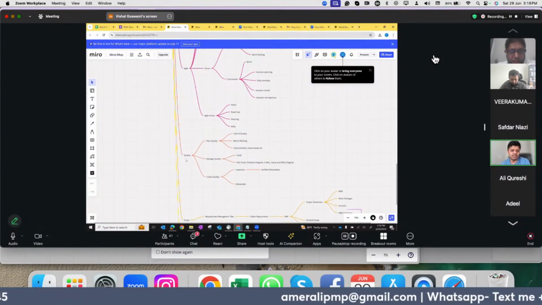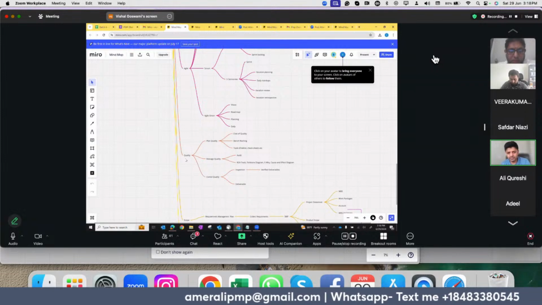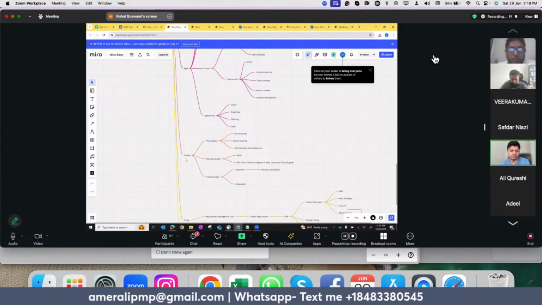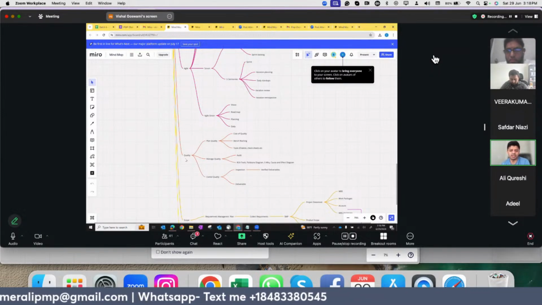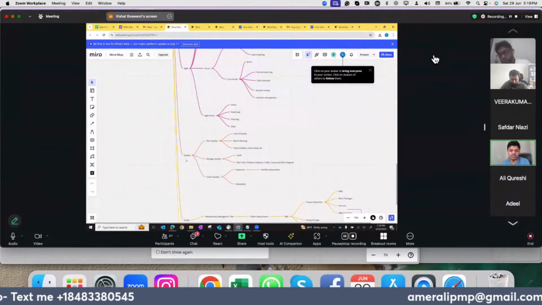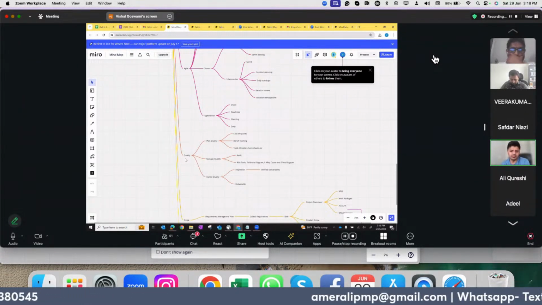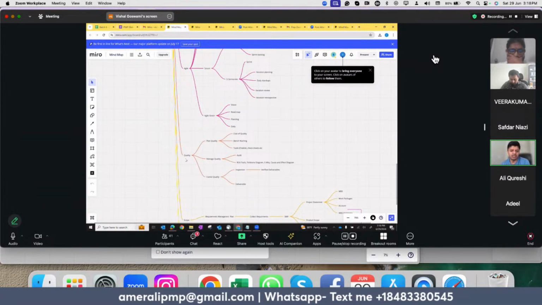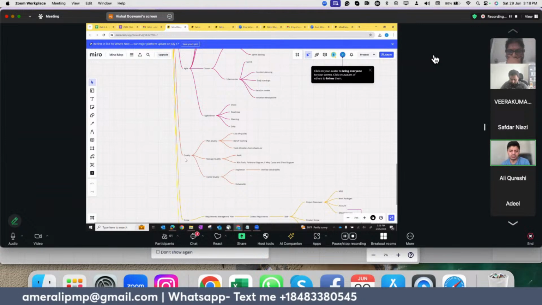Then the next thing is quality. We have plan quality, which has cost of quality, benchmarking, and different tools, checklists, check sheets, etc. We have manage quality, where we do audits. We have different RCA tools, fishbone diagrams, 5 whys, cause and effect diagrams, and control quality based on inspection